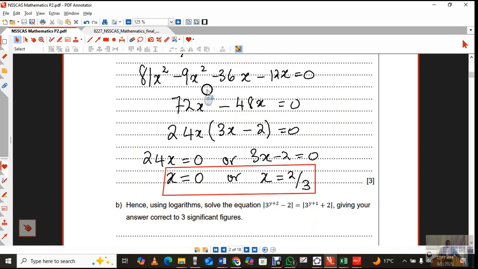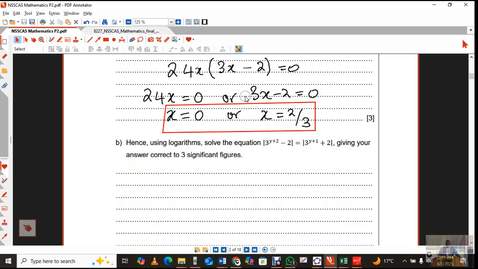3 marks for that. Let's go to the next question. Hence, you have to use your answer in part A. Just before I use the answer in part A, I would like to rewrite this stuff as